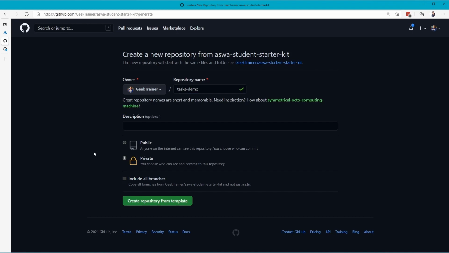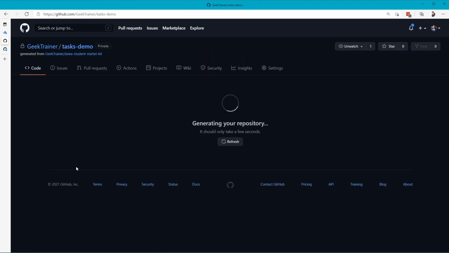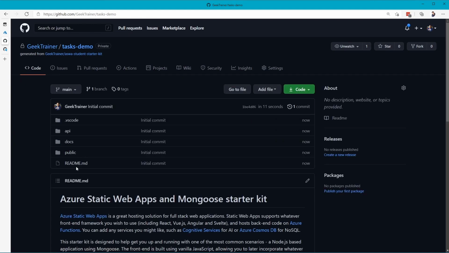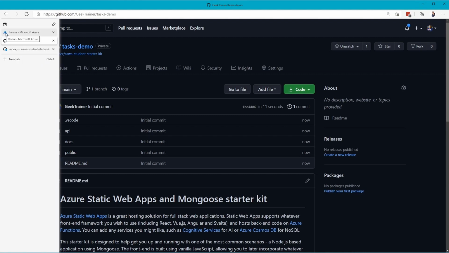It doesn't matter your visibility, public or private. Either works just fine. And I'm going to click Create Repository from Template. And with blinding speed and amazing accuracy, it will go ahead and create my brand new repository based on that starter kit. So now let's see how we can deploy this out to Azure Static Web Apps.